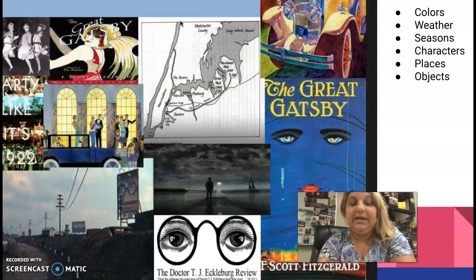So as we read The Great Gatsby, we're going to notice that it starts in the summer and moves into fall and winter. And that as the seasons change, so do the events in the text. We'll notice colors changing. We'll notice